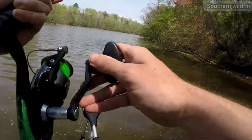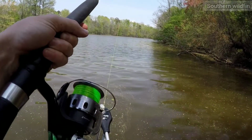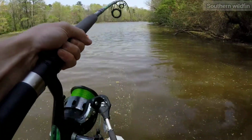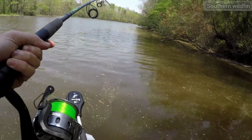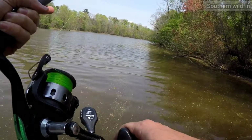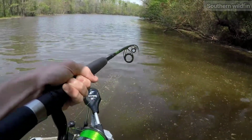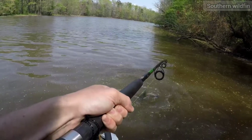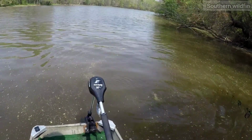And when you catch one, make sure you keep the tension on him a little bit. Don't ever let the tension off. He's coming in though. Hopefully it's a nice one. Oh yeah, he's a nice one. He ain't too big, but he's a nice one. Can't never go wrong with a,